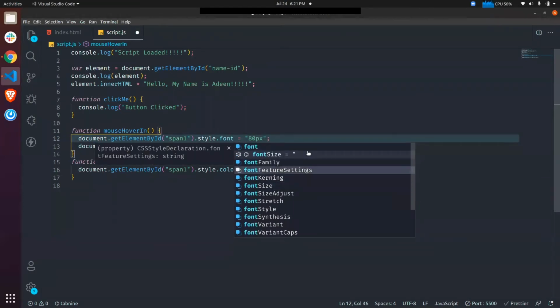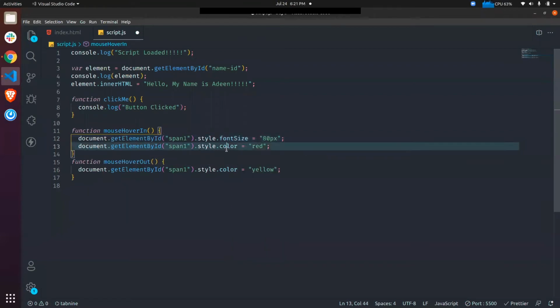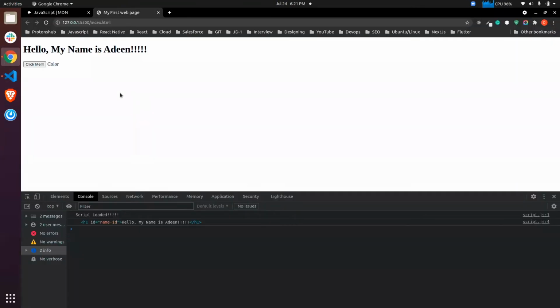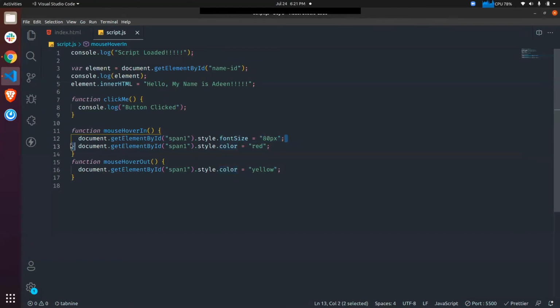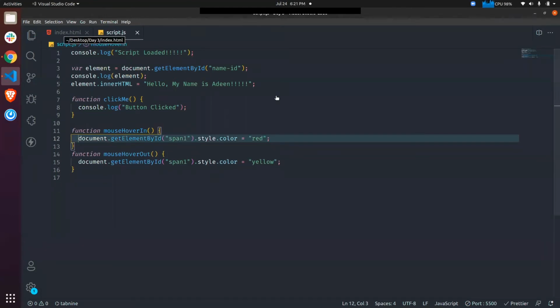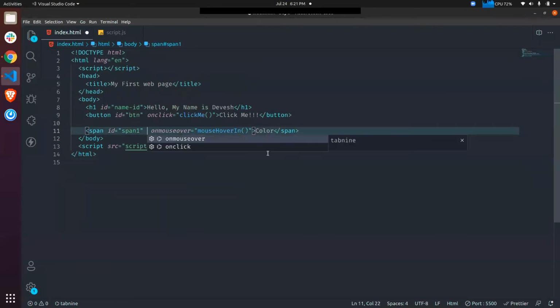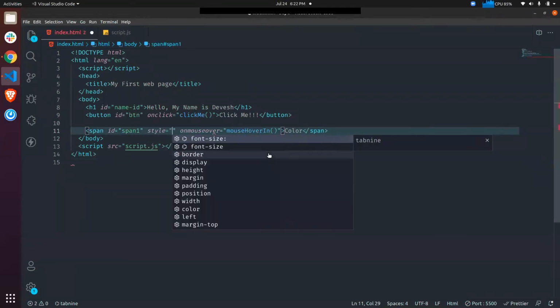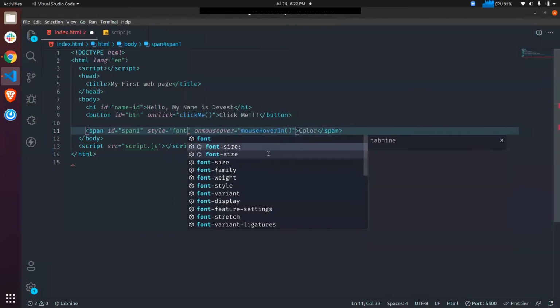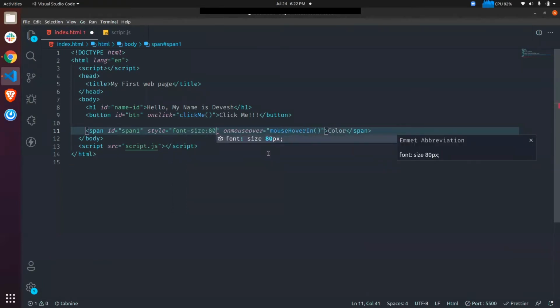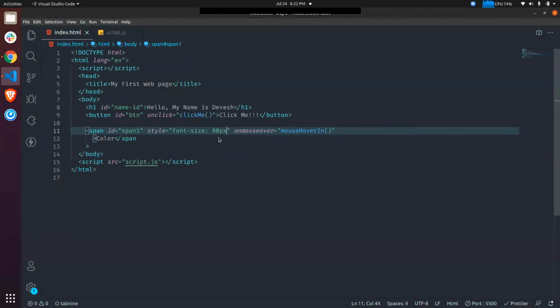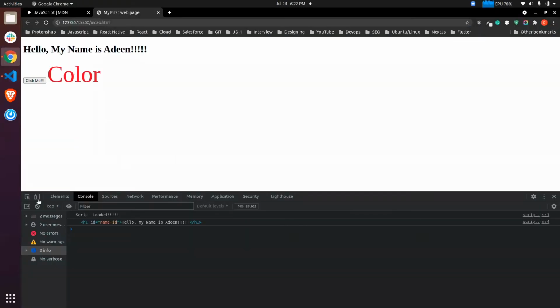It should work. Okay, I guess there is some issue. No problem, we can do it from here. Font size. We can apply a font size of 80 pixels, let's say. So we get this. Okay, now let me refresh it once.